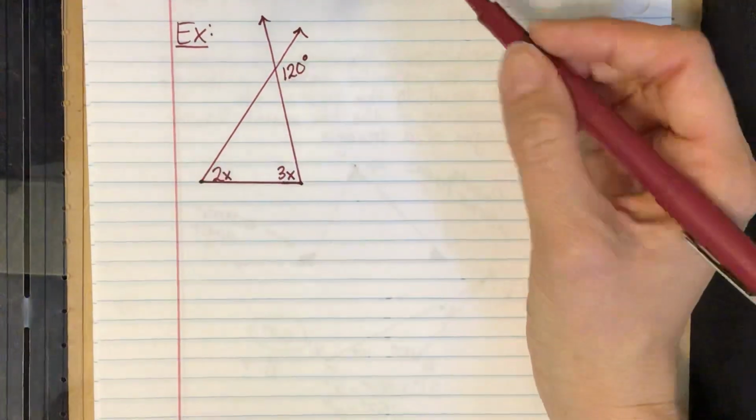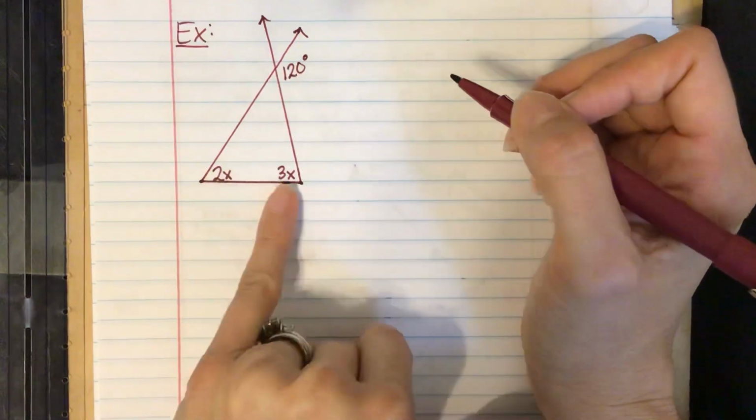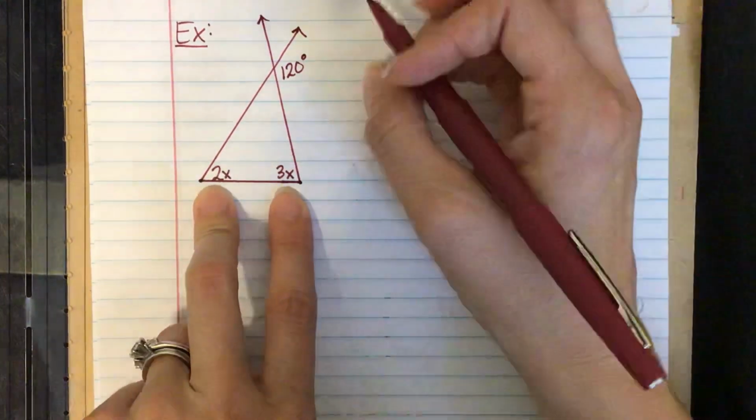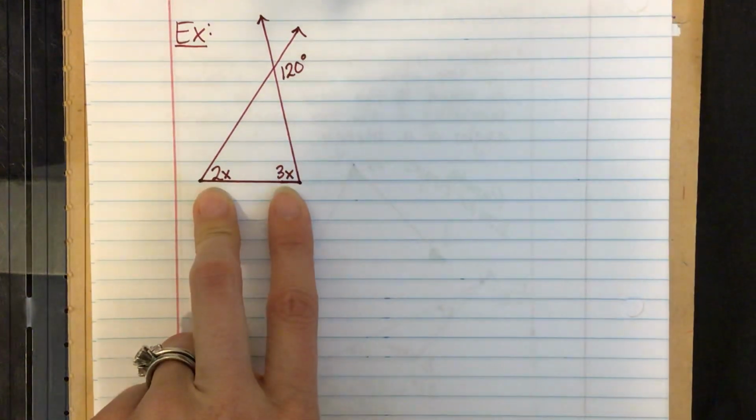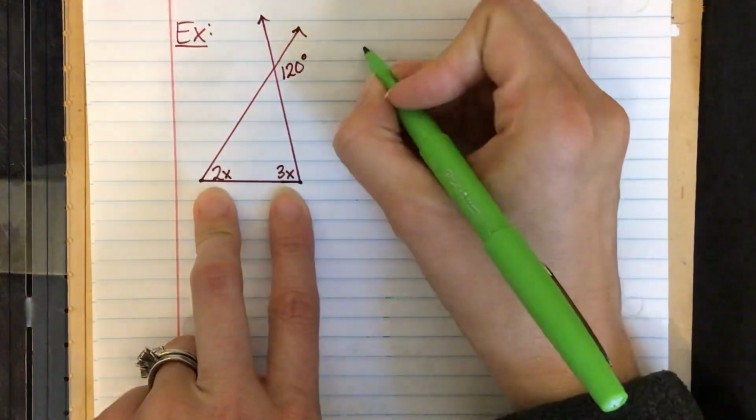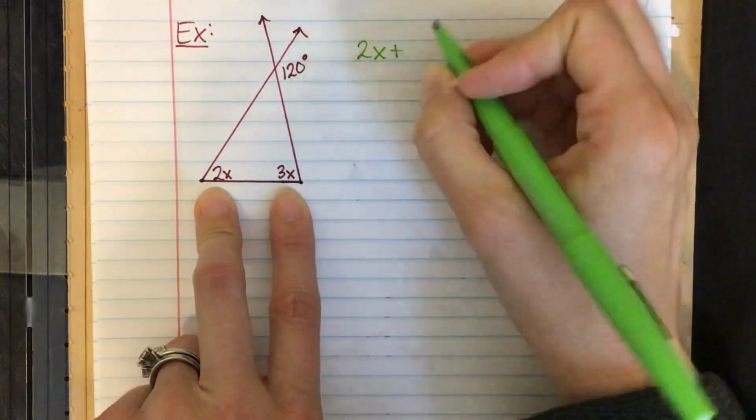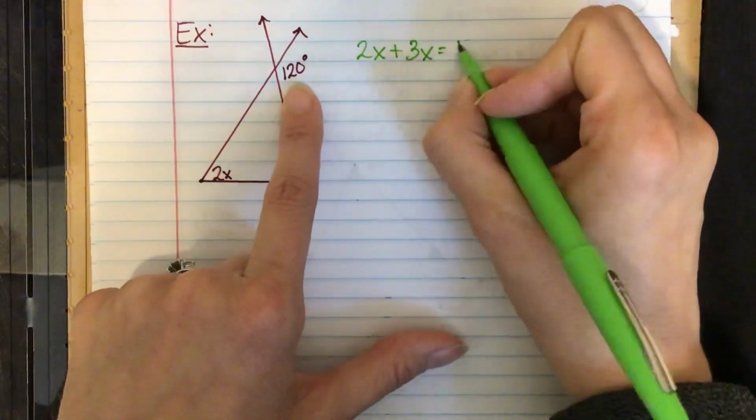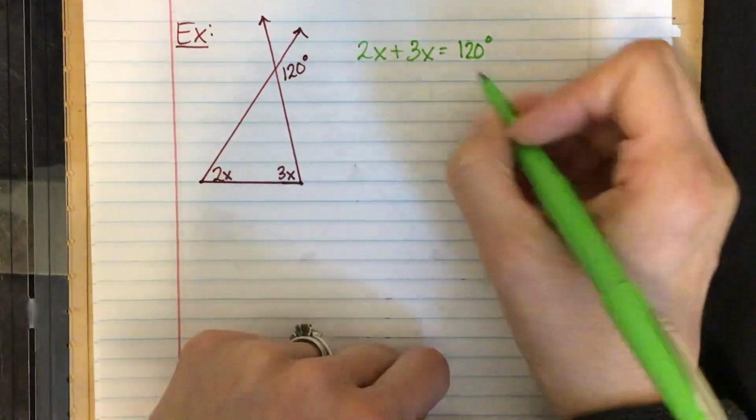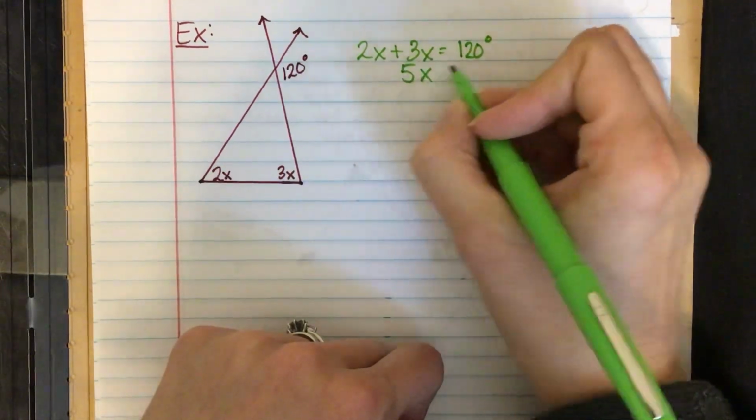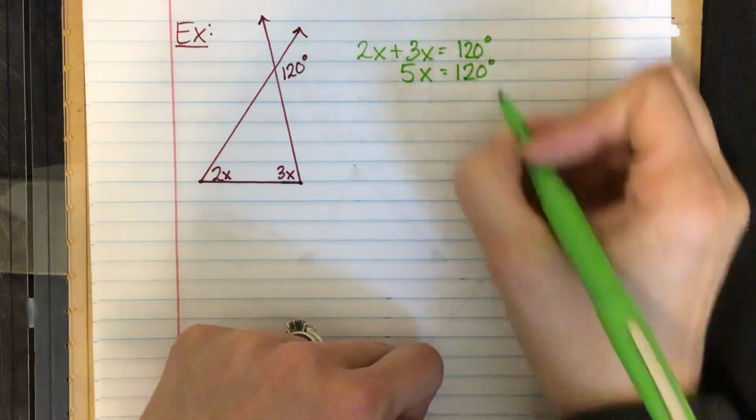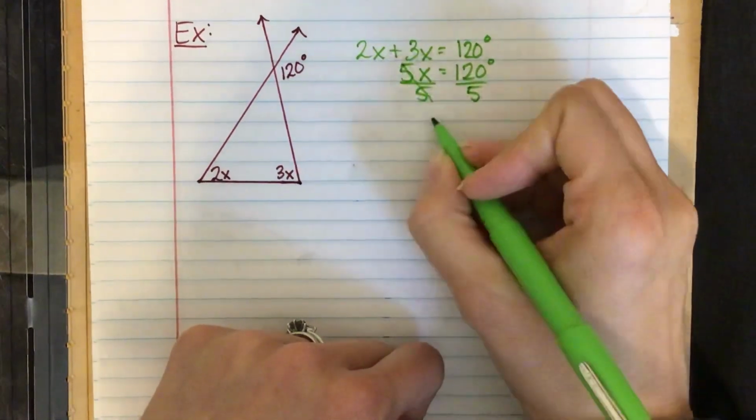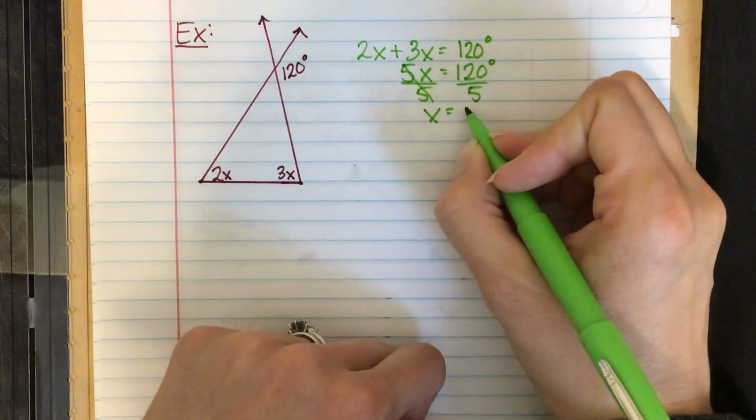Now, in this case, we're going to get some algebra going on. We don't know what x is, but we need to find out, okay? So here are your two remote interior angles. So I'm going to take those two. So 2x, and then I'm going to add 3x is equal to the exterior angle, which is 120 degrees. So I can combine like terms here. Okay, and then divide both sides by 5. And I get that x is equal to